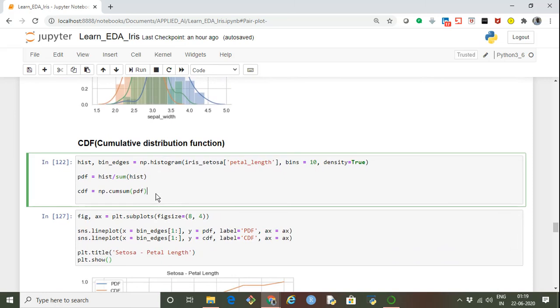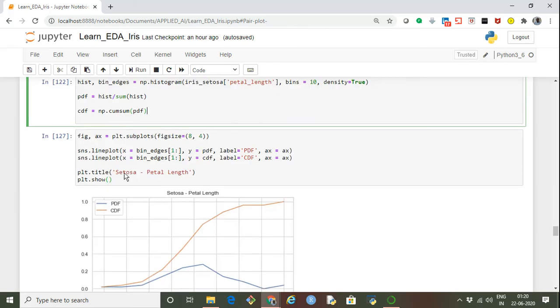Now another function is the cumulative distribution function. Basically, it's nothing but the sum of PDFs. So I'm calculating the CDF using np.histogram. If we pass a given variable and specify density equals true, what we get is the histogram and the bin edges. Normally the histogram tells the frequency, but in this case, because we are passing density equals true, it provides the density values, and if we divide each by the total sum, we get the PDF. And if we use np.cumsum, the cumulative sum, then we can calculate the CDF.